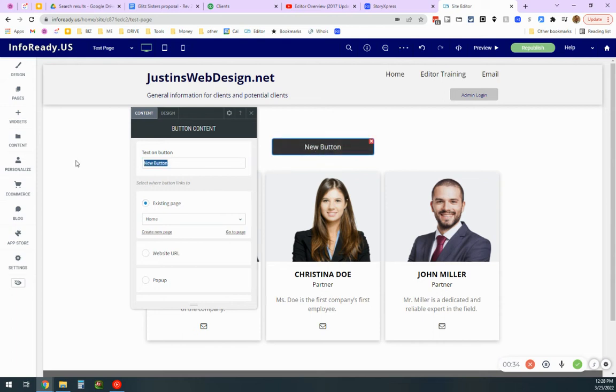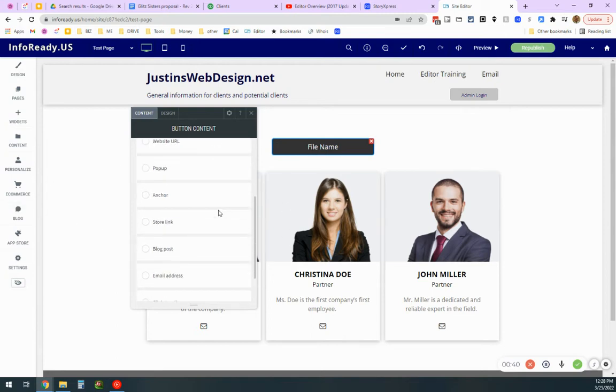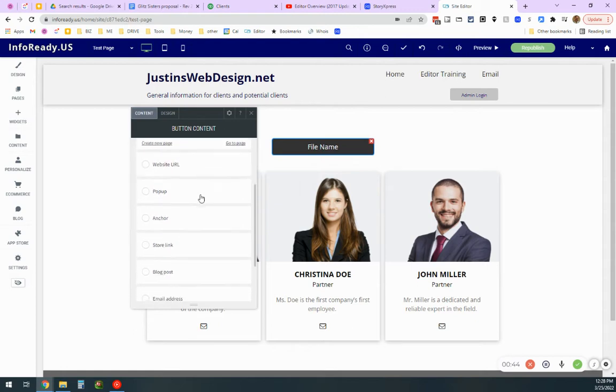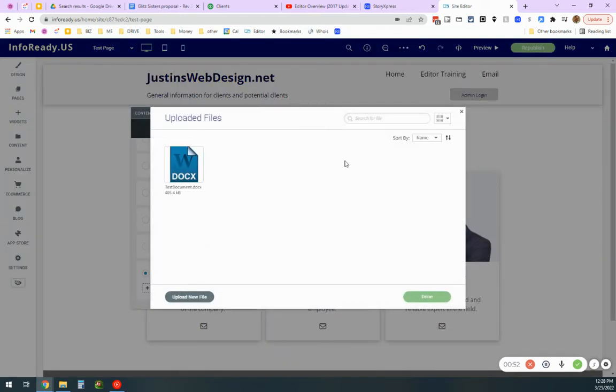And so you name it whatever file name, doesn't matter what you name it, you can name it whatever you want. And then down here, if you scroll down in the list of button content here, then there's file for download, and then you can hit plus file, and that'll bring you to the uploaded files section here. And you can upload a new file,